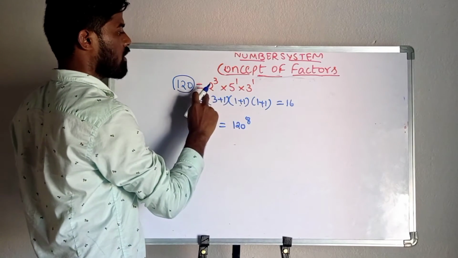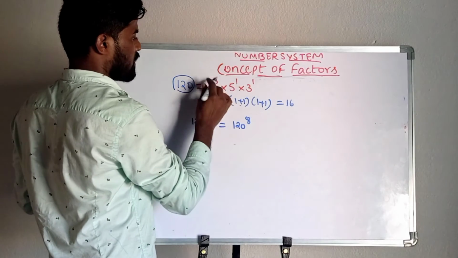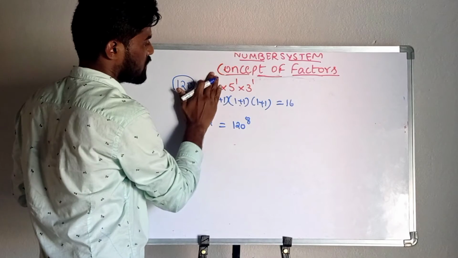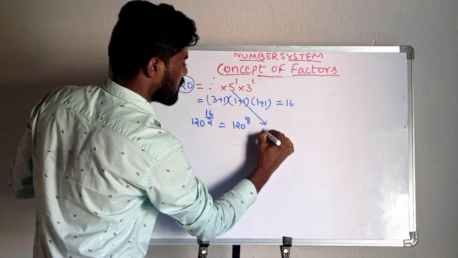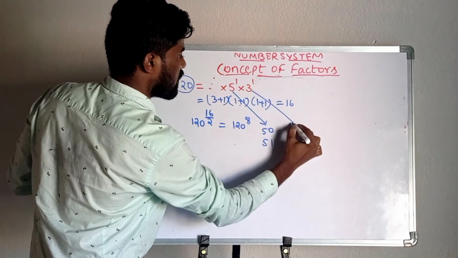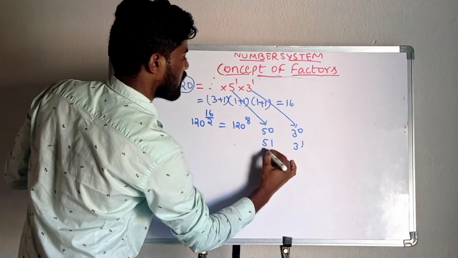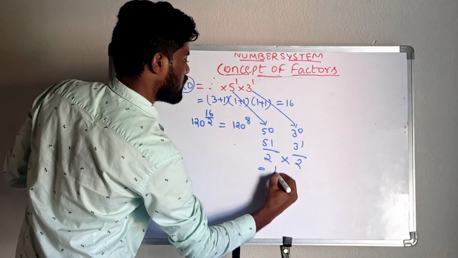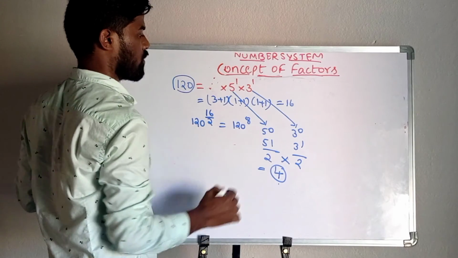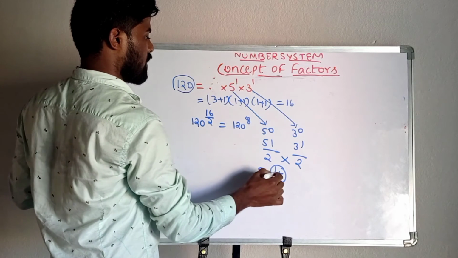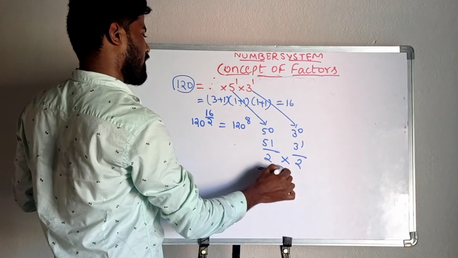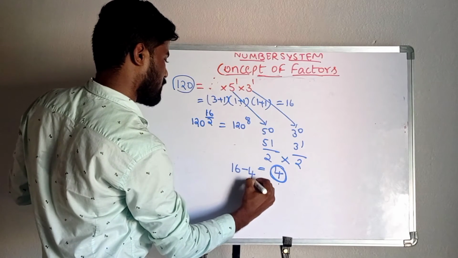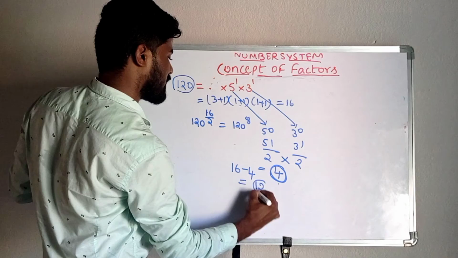Now we will find number of odd and even factors. For finding number of odd factors we have to remove the even factor. Remove this. Here 5 power 0, 5 power 1, 3 power 0, 3 power 1, 2 factors, 2 factors, 2 into 2. That means total number of odd factors are 4. To find even factors, subtract odd number of factors from total factors. Total factors are 16, subtract 4. That means total number of even factors are 12.